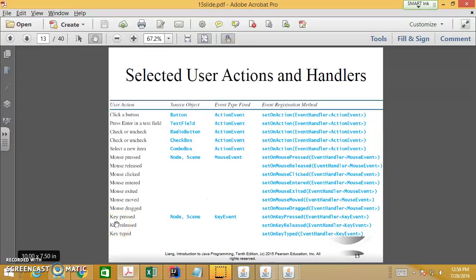Now, key pressed. We use key event instead of mouse event. It's on the node and scene objects. You can make the scene listen to events, like when this can be the whole scene here. When I press a key, it's going to use setOnKeyPressed and the key event. When I release a key, it's going to fire on key released, using key event. Or when I start to type, setOnKeyTyped, then it fires the key event. So this is for keys, which you can use everywhere, like a control shortcut key, such as Control F in Eclipse to format. So this is a key event on the